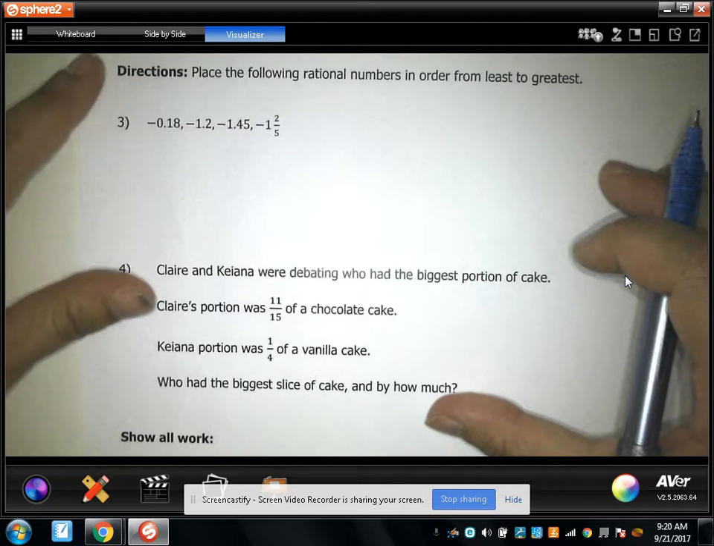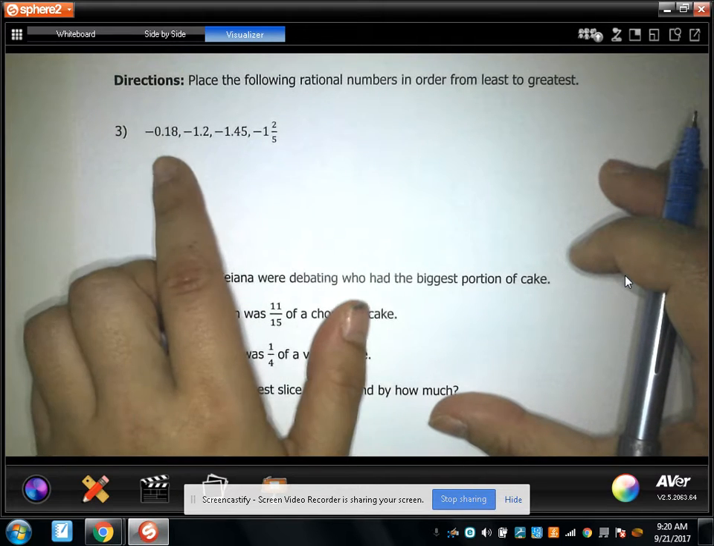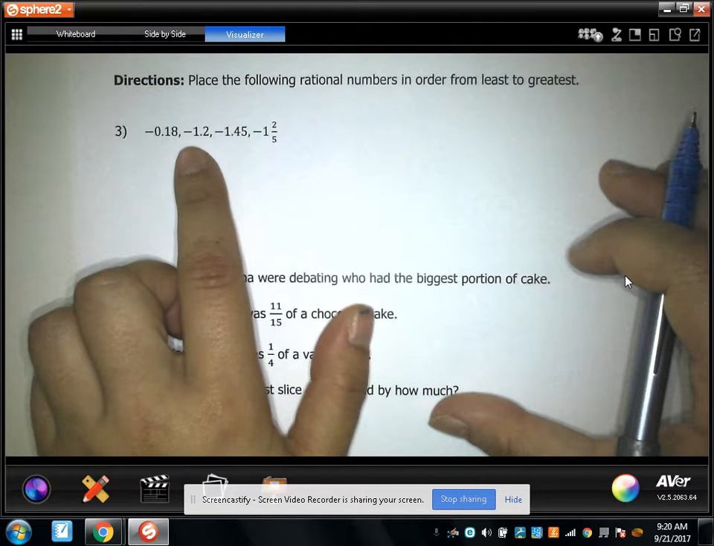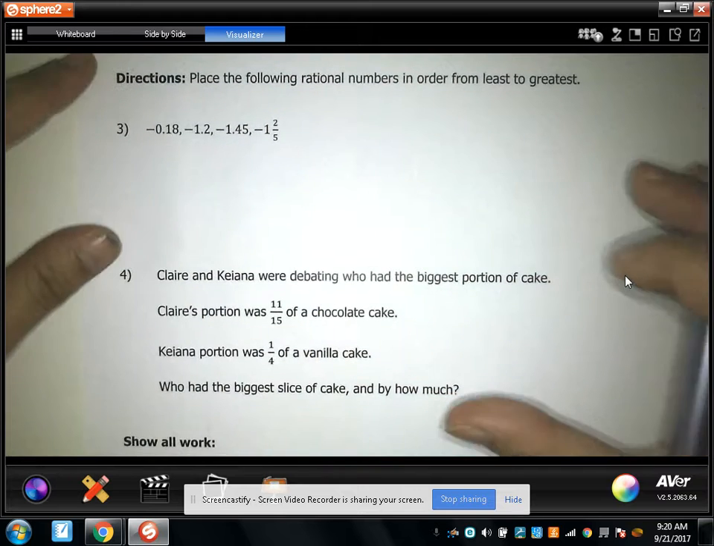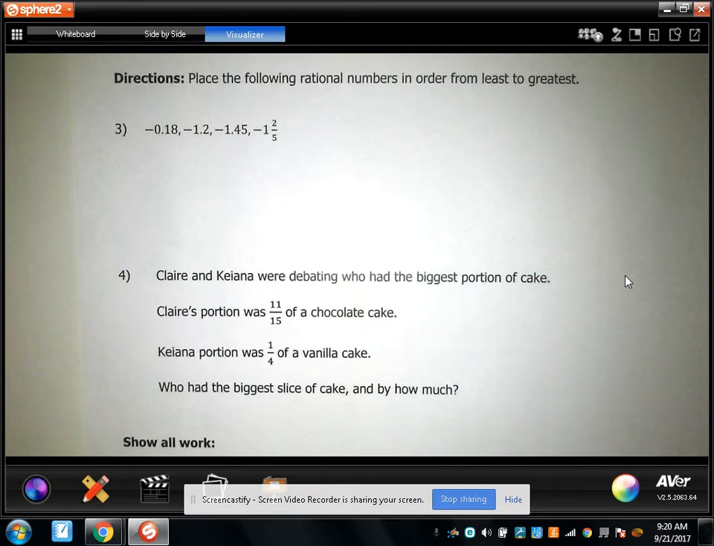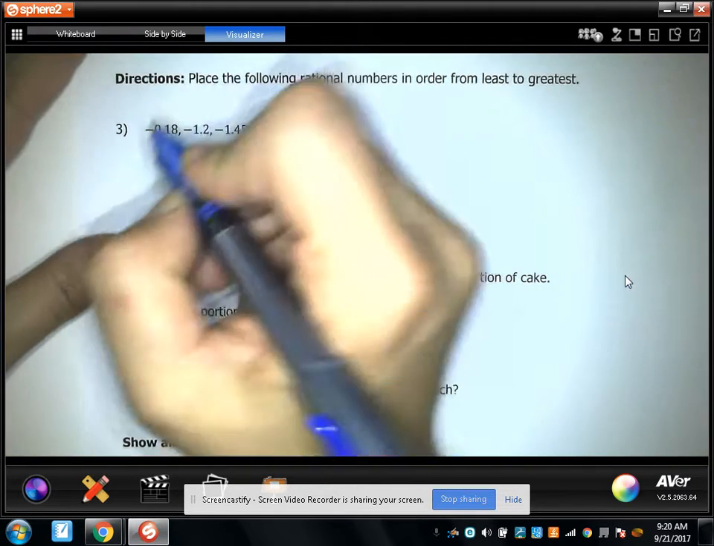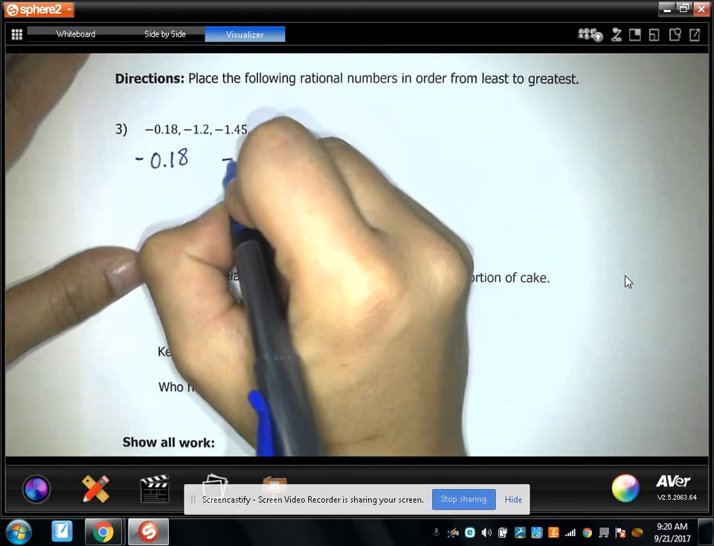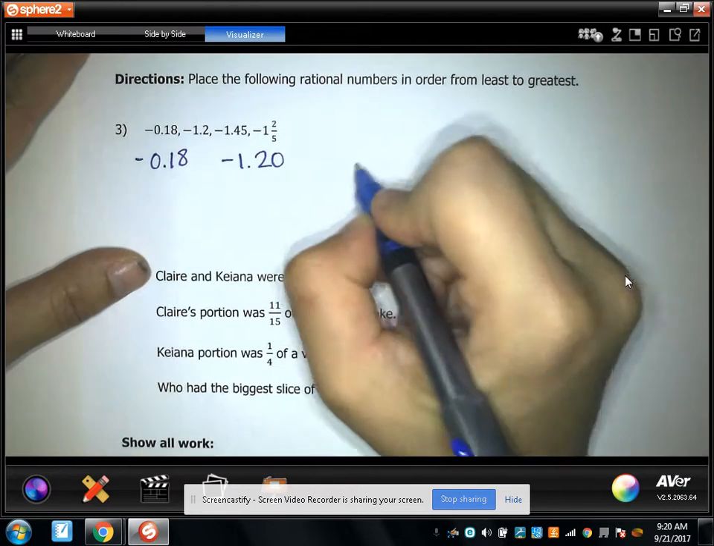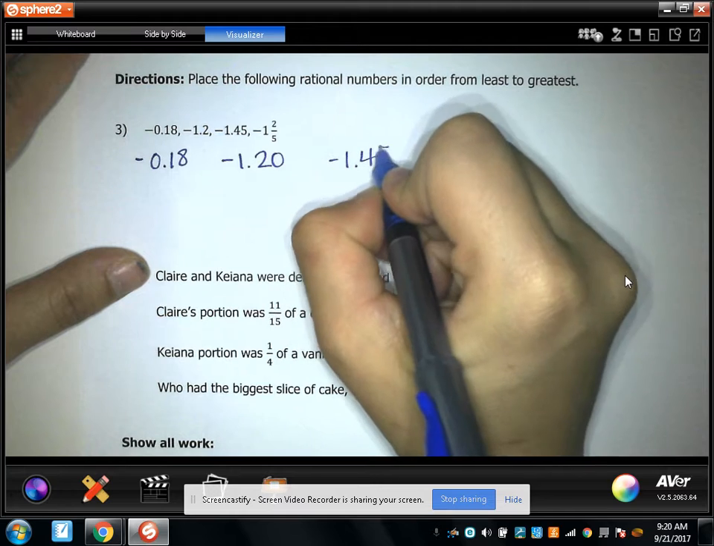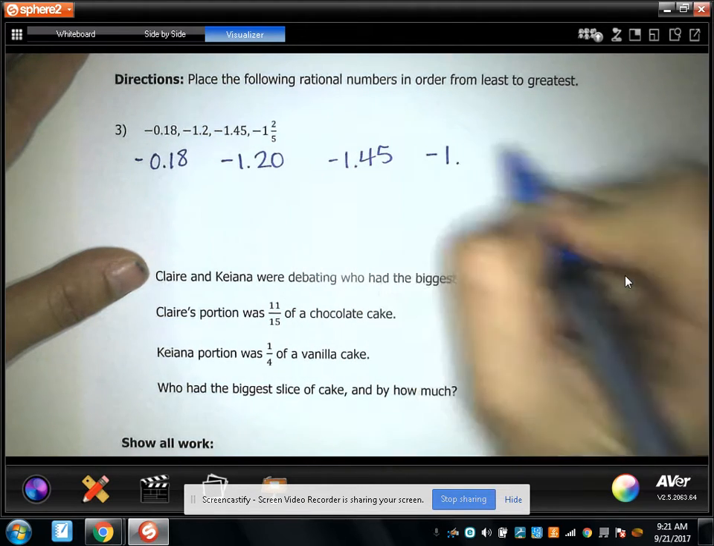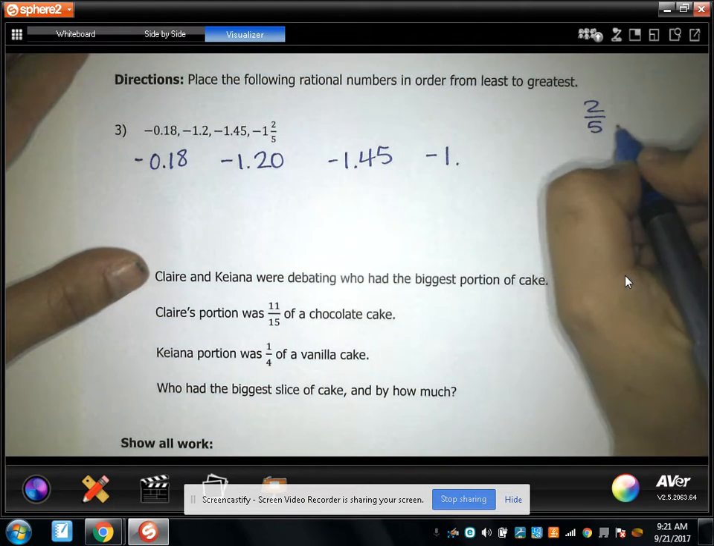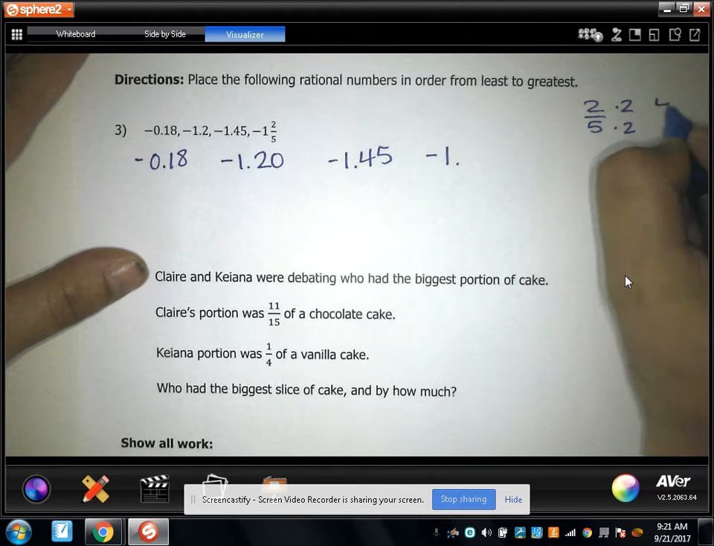Place the following rational numbers in order from least to greatest. So again, some of these are fractions, some of these are decimals. I'm going to make them all look like decimals and think about them as if they were money. And since they're negative, I'm going to think about it as if they were owing money. So this one is owing 18 cents. This one is owing $1.20. This one's owing $1.45. And this one's like owing $1 and 4 tenths,